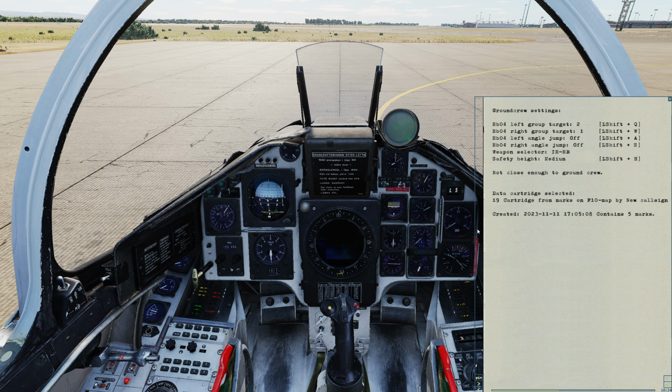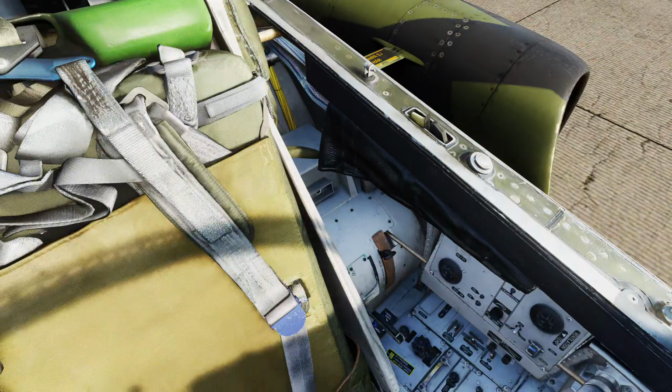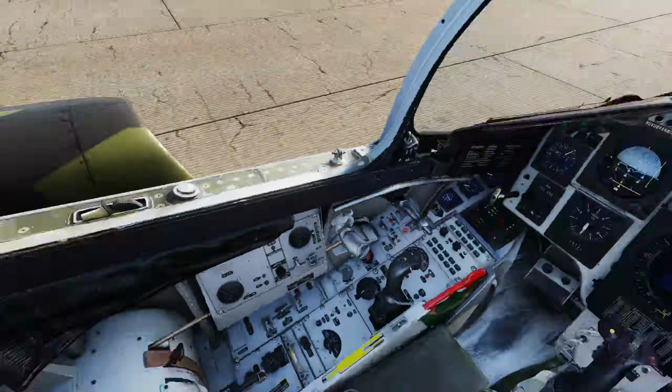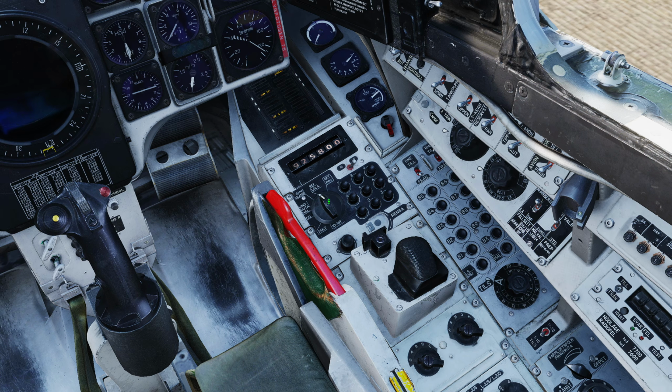And if I loaded that, I would get the mark points that I'd created in the F10 map. If I press Ctrl, Shift and C again, we'll go back to 0, back to the default one from the mission editor. Let's go ahead and quickly load that one now, and we'll go through what we can do with this. I'm going to insert the data cartridge, and then if I go back to my CK37, I'm going to switch to Ref Lola, I'm going to switch to input mode, and I'm going to enter the code